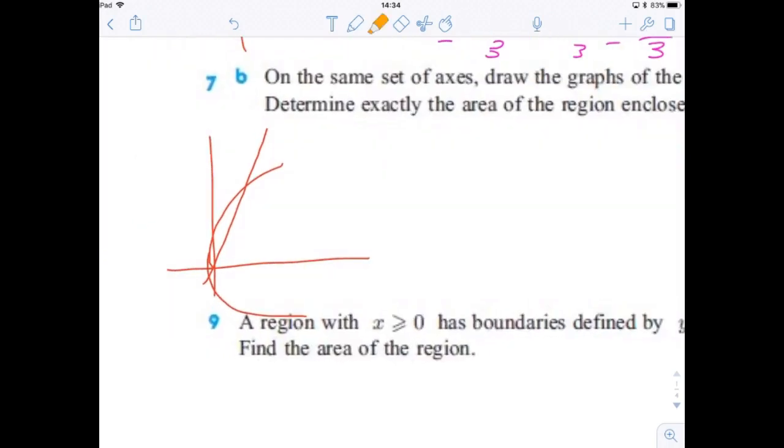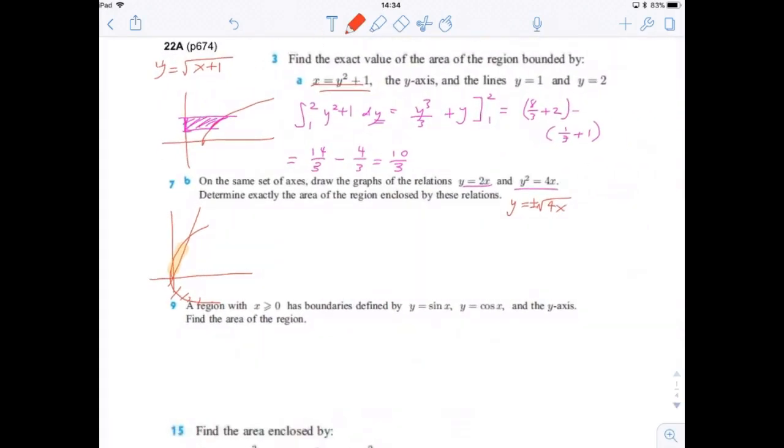Okay, so now you can see that we're only talking about this region here. We don't need to have the bottom half of this. So really in the end we want y equals positive square root of 4x. We don't need to have the negative square root of 4x. Okay? But when we write our